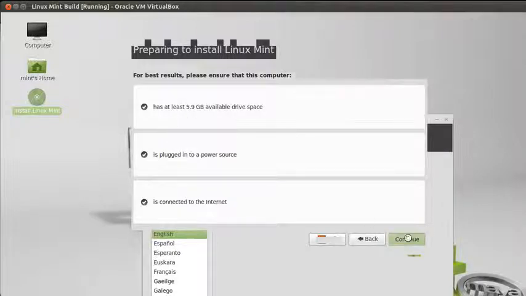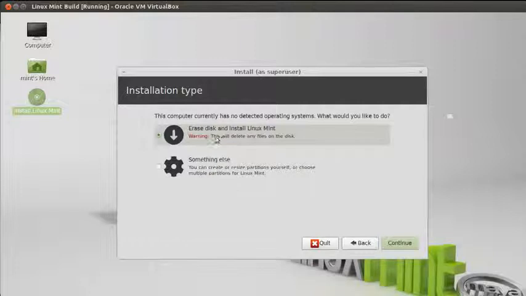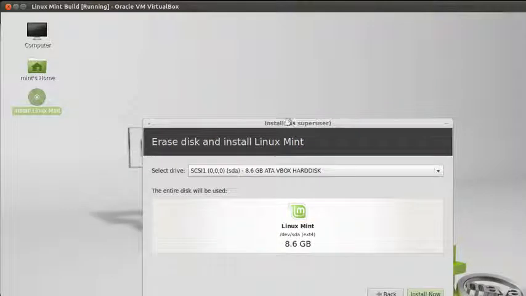Yes, yes, yes. And yeah, so if you were installing on your own machine and you wanted to have Windows there for a dual boot, you would clearly want to go for the second one. But I'm installing this here on a virtual partition. You're going to be doing the same thing. There really isn't anything there, so we're going to continue. This is the partition that we set up under VirtualBox. And so I say install now,